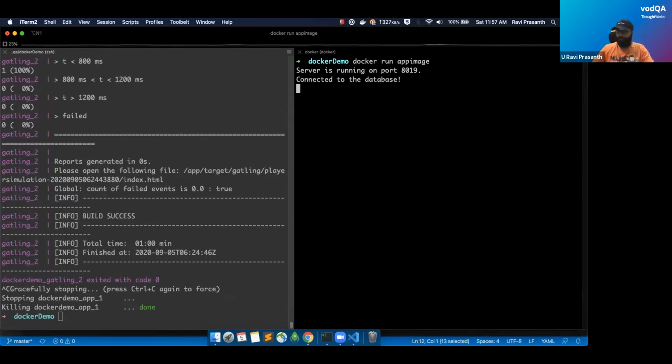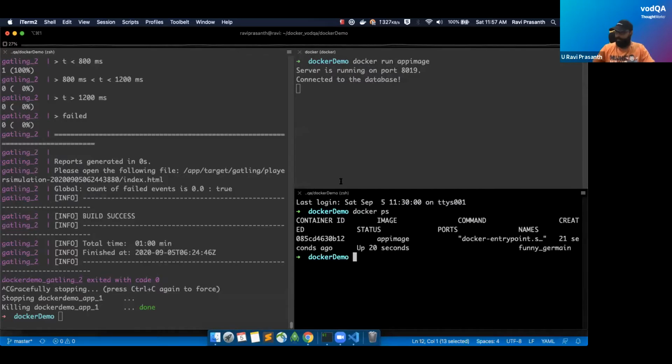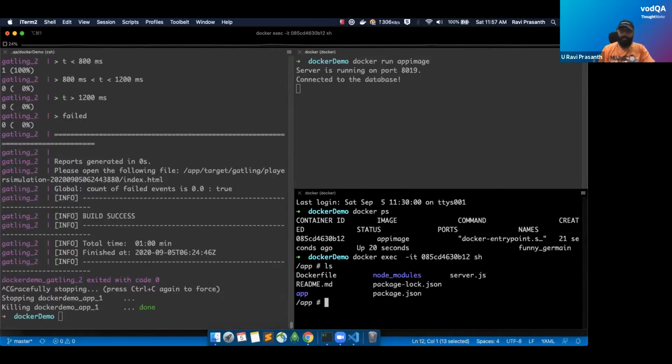How you can do it is, you can see docker ps. This is the container ID. Then docker exec with the container ID, and you will have access to the DB. You can perform all the psql or MongoDB operations using this exec command. Obviously there is no UI, so you will have to do it this way.